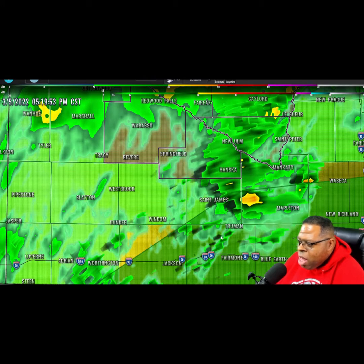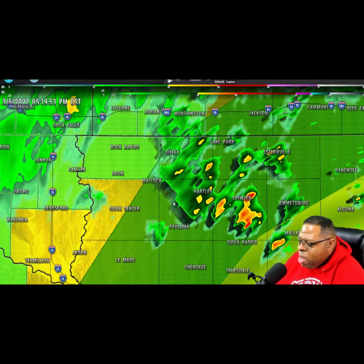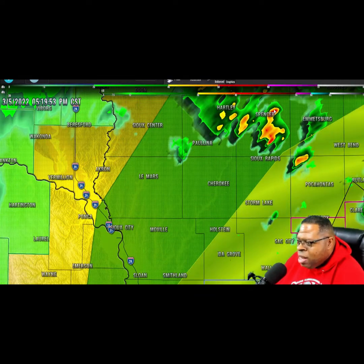the Mankato area. You're starting to see some of those thunderstorms move into your area, so watch for the potential for small hail, some gusty winds, and brief heavy rains, as well as dangerous lightning for your area. So you might want to be prepared and be ready to receive those thunderstorms just on the outside chance that you do get any rotation. I'm not seeing any rotation in the Minnesota activity right now. We have Hartley in Iowa, as well as Lake Park, Estherville, as well as Emmetsburg and Mallard. You're seeing those strong thunderstorms coming in from the southeast right now,